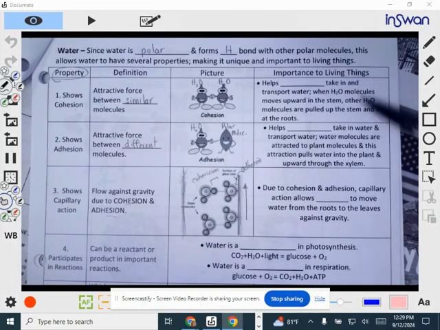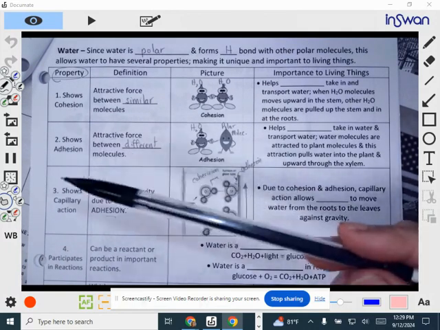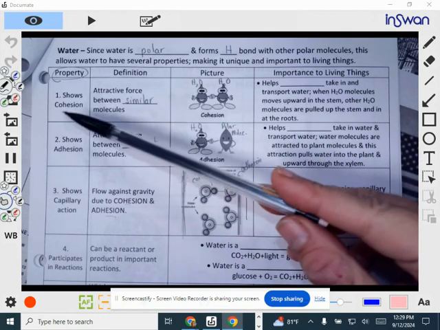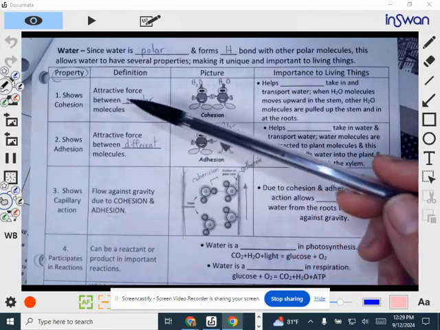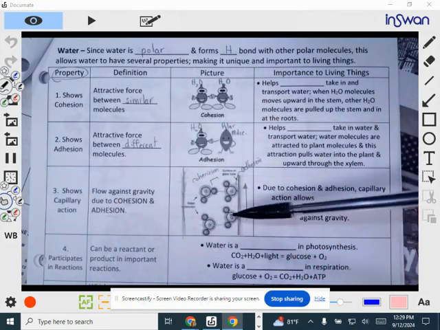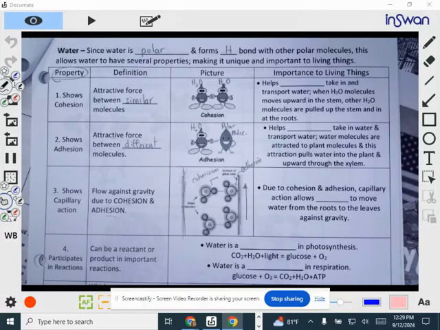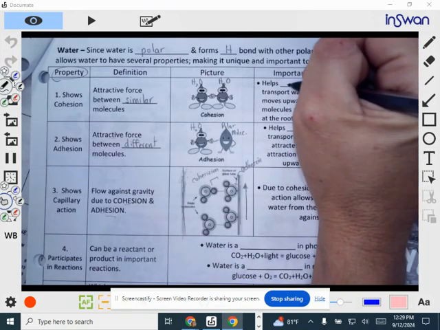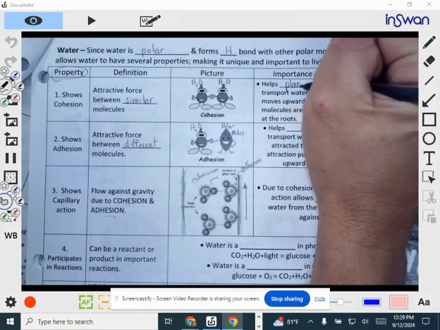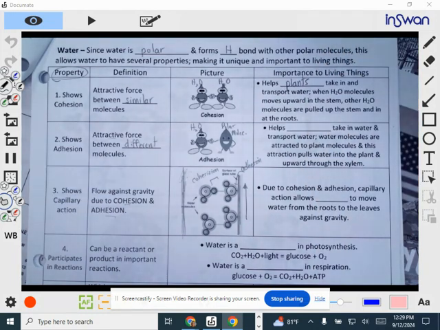Now, I've neglected this column over here. On your first assessment, you need to be able to tell me properties of water. You should be able to define them and recognize them if I show some kind of image related to the property. You need to tell me how that property is important to living things. These first three all relate to plants,